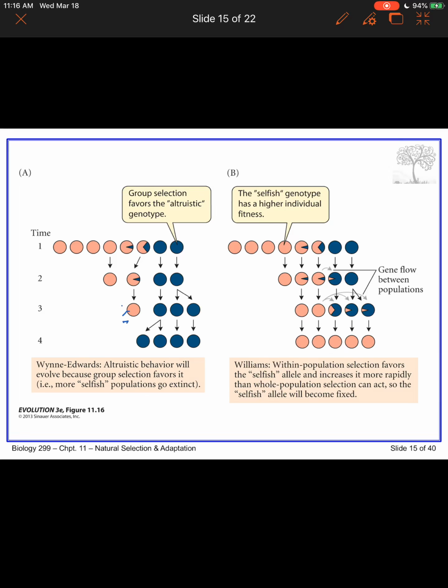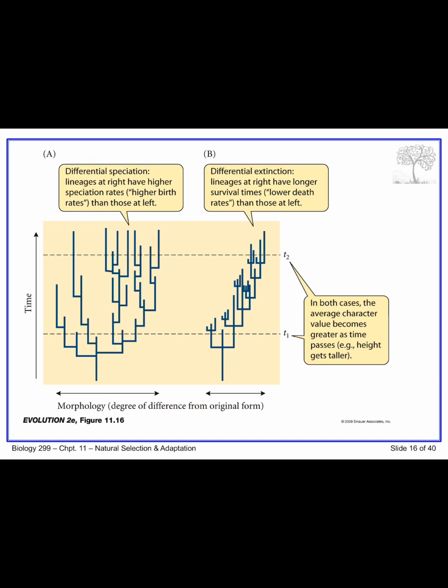All right, so we have this question: does group selection even exist then? If group selection doesn't exist, how does one explain seemingly altruistic behavior like monkeys sounding alarm calls to warn their troop of a predator, or worker ants that do not reproduce but spend their lives laboring for their colony? Well, we have a possible explanation for that in the form of what's called kin selection. Okay, this may provide the answer.